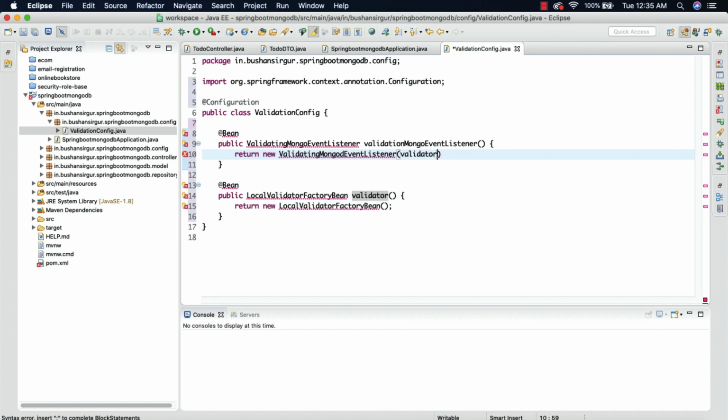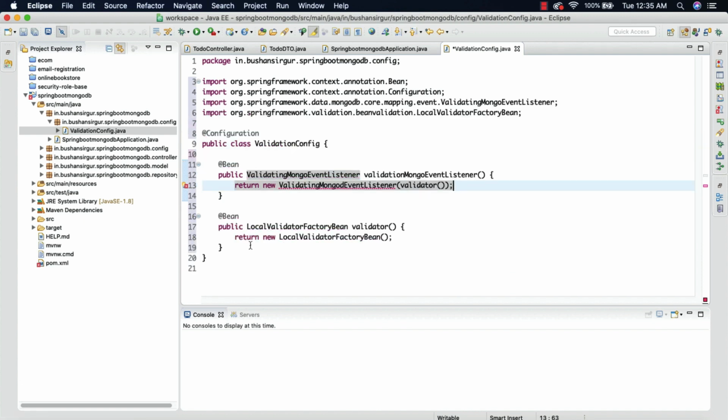So validator, and let's import all this. Now we have imported this, and this is not MongoValidating, this is ValidatingMongoEventListener.